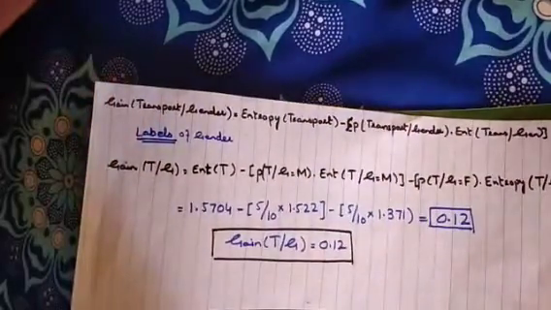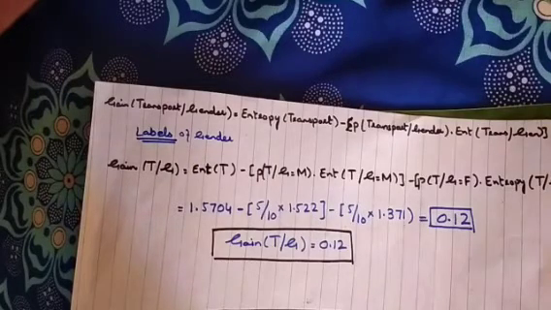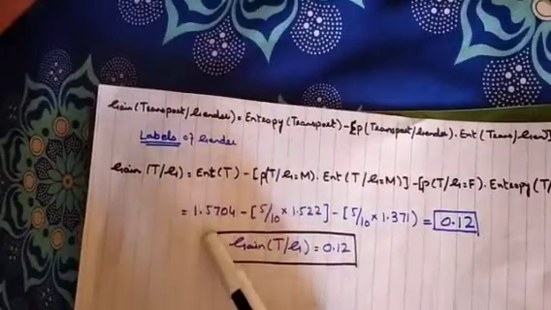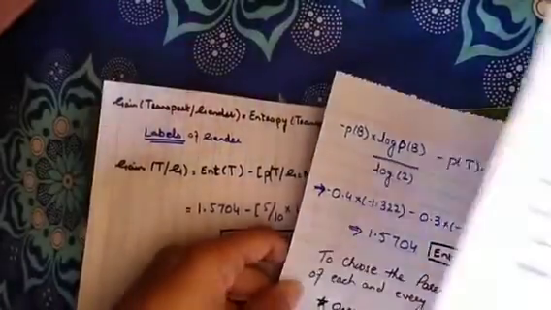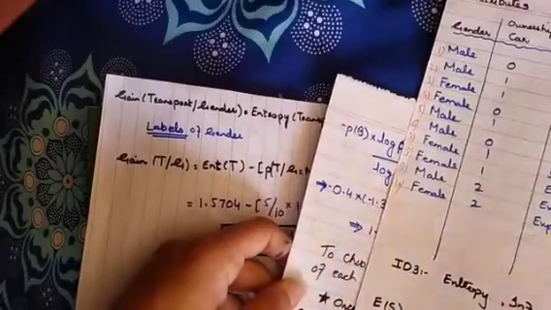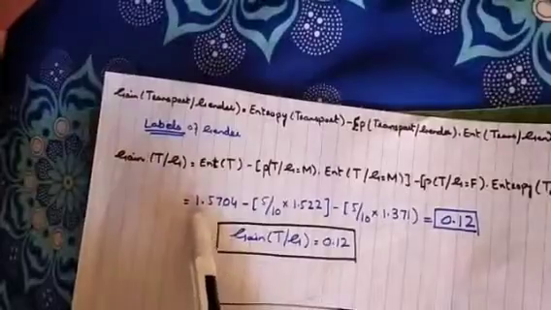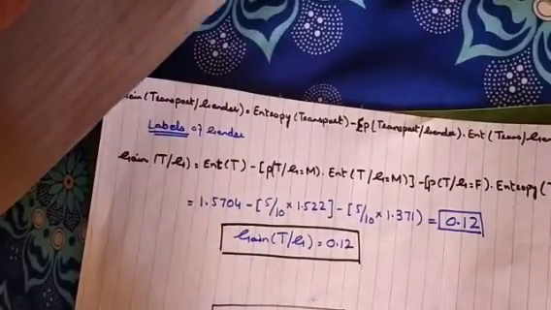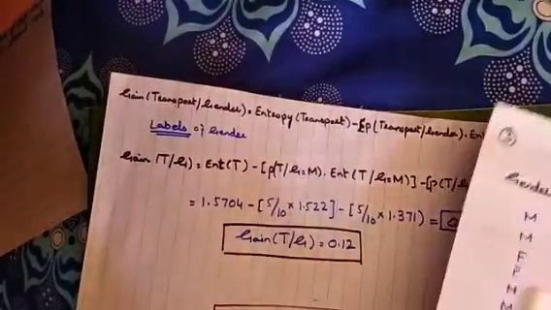So अब हम देखते हैं ये values जो हमने calculate की थी for each and every class. Okay, let's just see that. First of all we need to put the value of entropy of transportation, और जो कि हमने calculate की थी by putting in the formula of entropy, and that was leading us to 1.5704. So here it is, 1.5704. Okay, now we need to see the probability of transport given that gender was male.